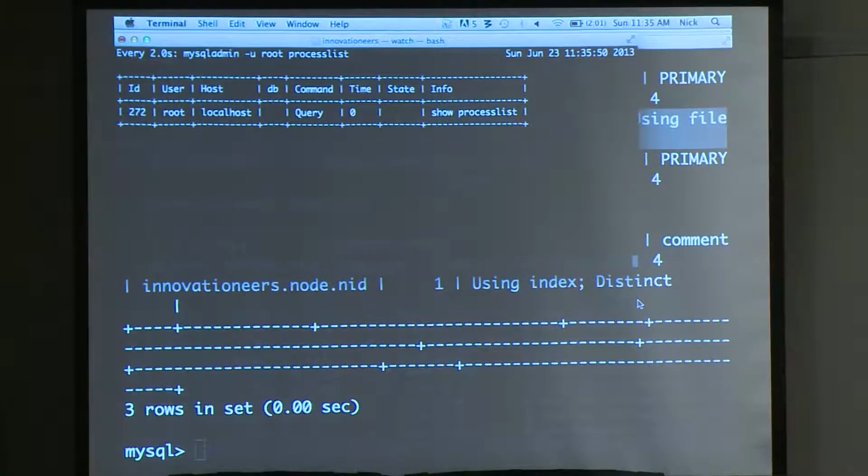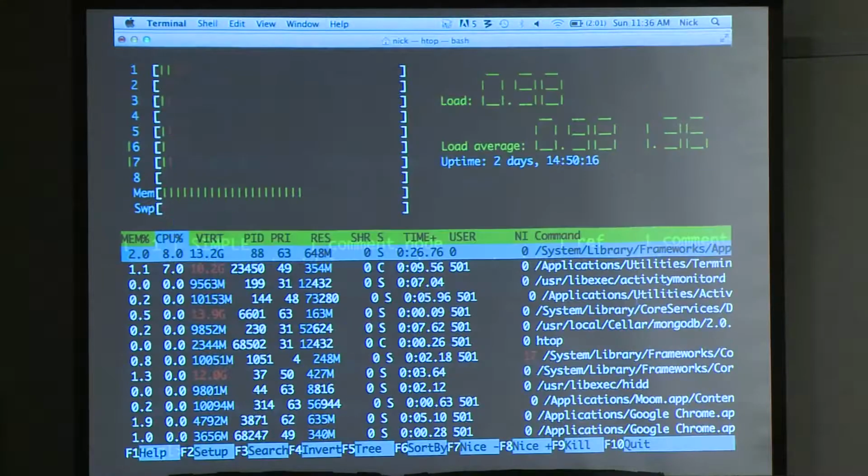But no big deal, because there's another way to do this. There's a tool called mk-query-digest, or the slow query log tool, and in most MySQL configurations there is a slow query log, and those slow query logs can occasionally grow to the size of gigabytes. And what this tool does is it will break down